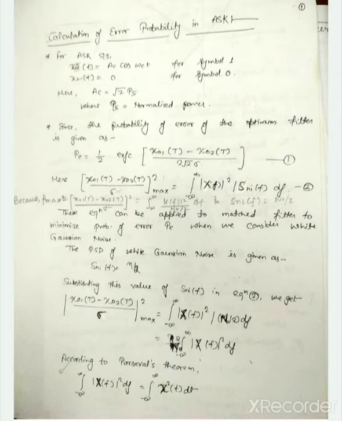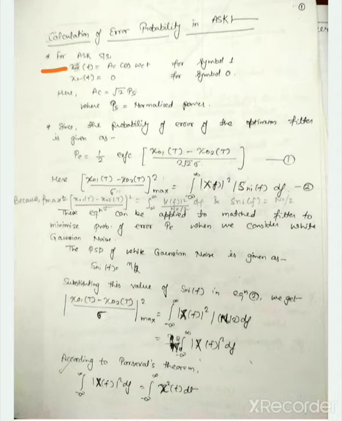For any ASK system, we know that if we have to transmit symbol 1, because we are dealing with a digital communication system, the message signal or the baseband signal will be digital in nature. That means it will be in the form of 0 and 1. So suppose if we have to transmit symbol 1, then for that the equation of ASK is given by x1(t) equals Ac cos(omega c t). Here Ac is the amplitude of the carrier and omega c is the frequency of the carrier which is used to modulate the signal. We are talking about that carrier.